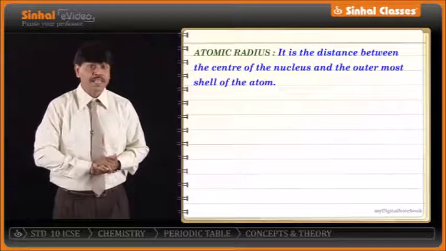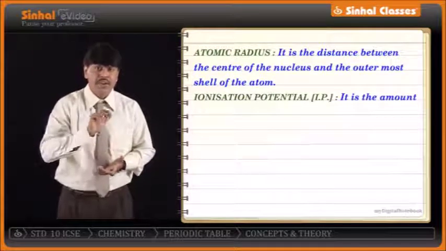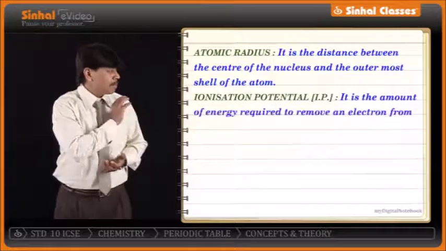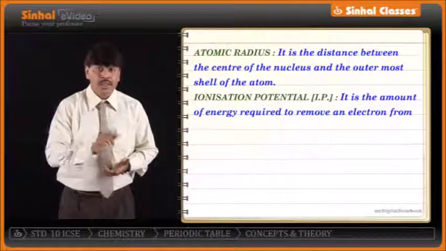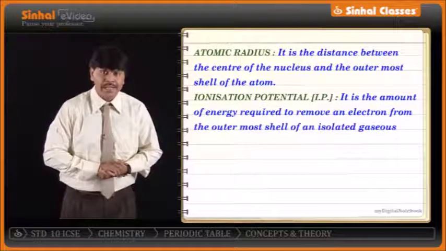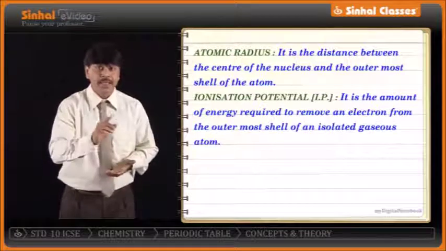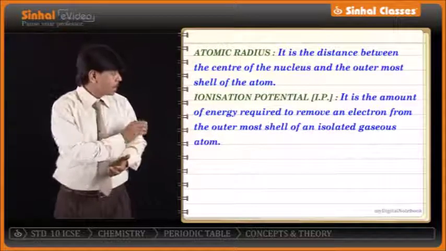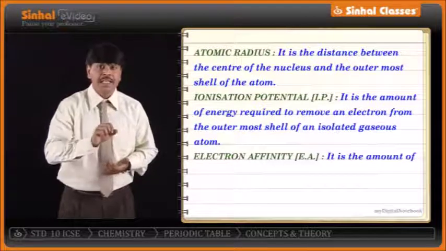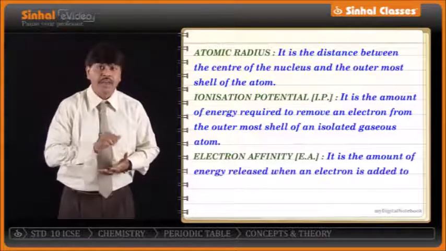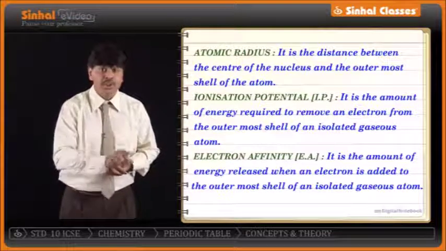The second property is ionization potential. What is ionization potential? It is the minimum amount of energy required to remove the most loosely bonded electron from the outermost shell of an isolated gaseous atom. Then the third property is electron affinity. It is the amount of energy released or given out when an electron gets added to the outermost shell of